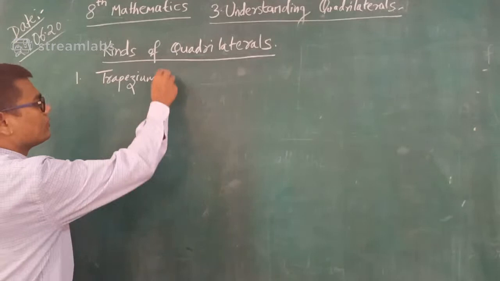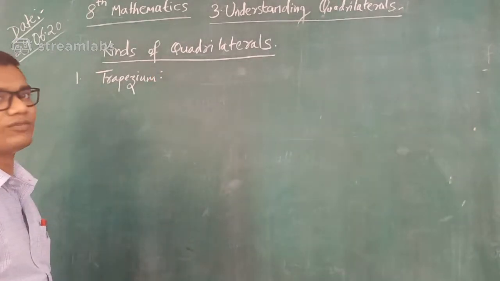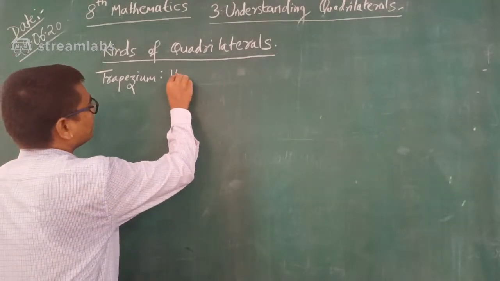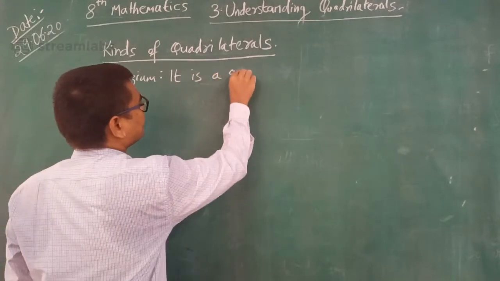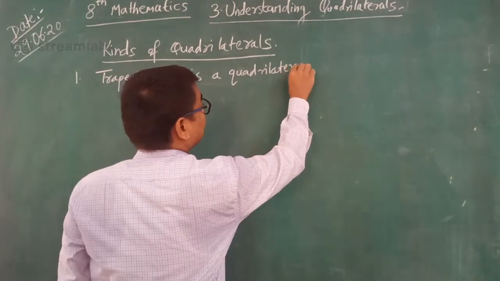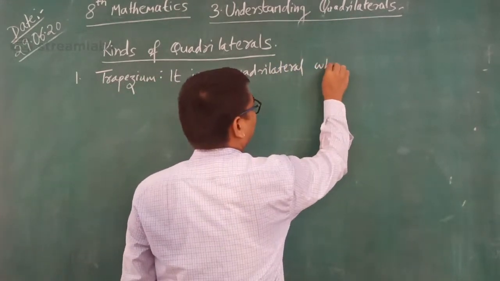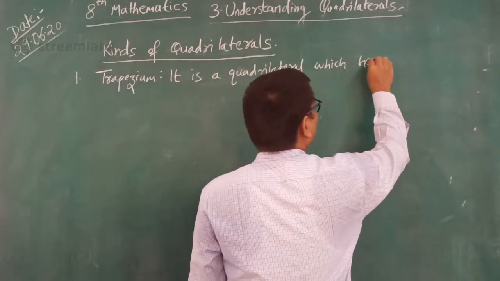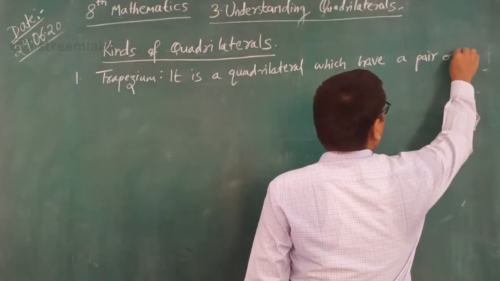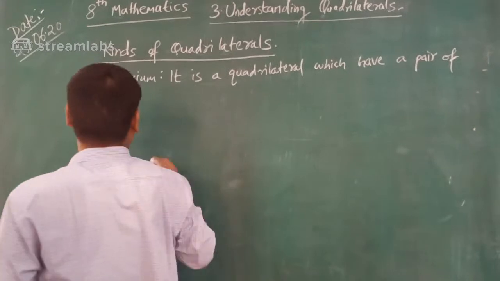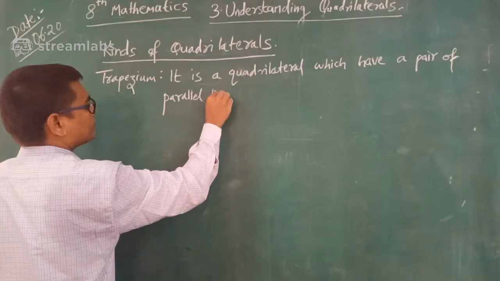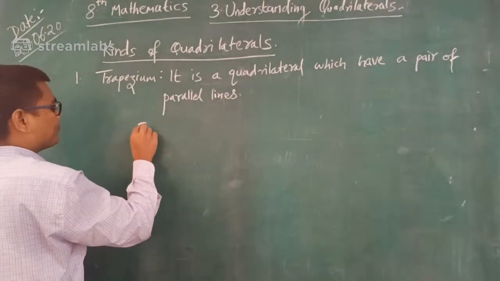It is a quadrilateral which has a pair of parallel lines. Examples: